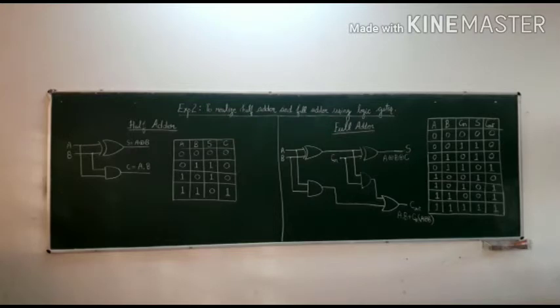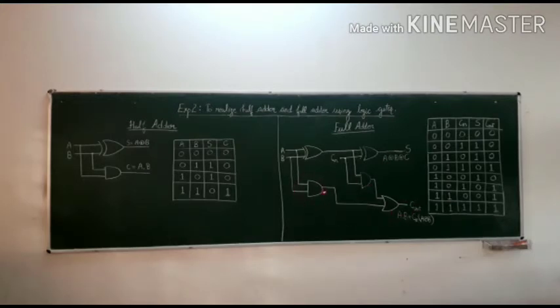So next is full adder. The difference between half adder and full adder is, in half adder we will use 2 inputs, whereas in full adder we will use 3 inputs, where the third input is the carry in, and this C is the carry out. So a number of XOR and AND gates are used, and one OR gate is used to combine the signals of carry out. In this circuit, for sum we will use the equation A XOR B XOR C, whereas for carry out we will use A and B.